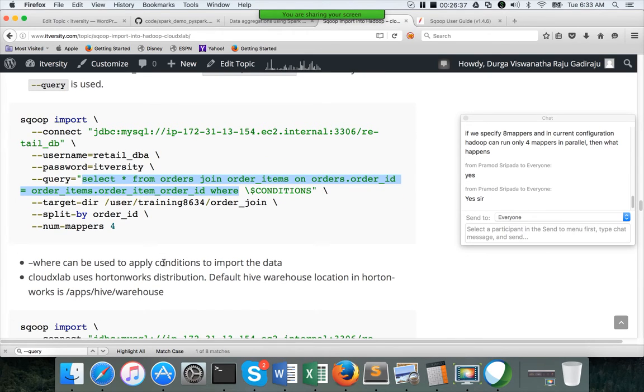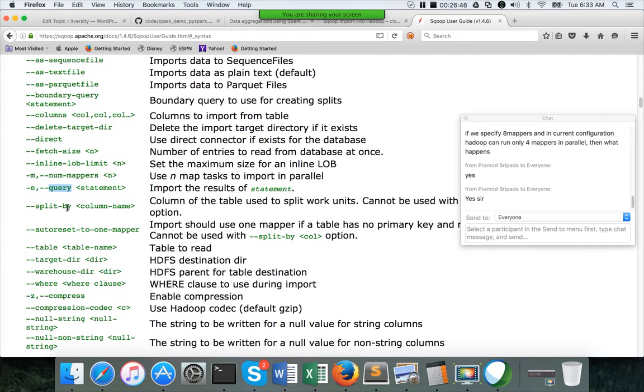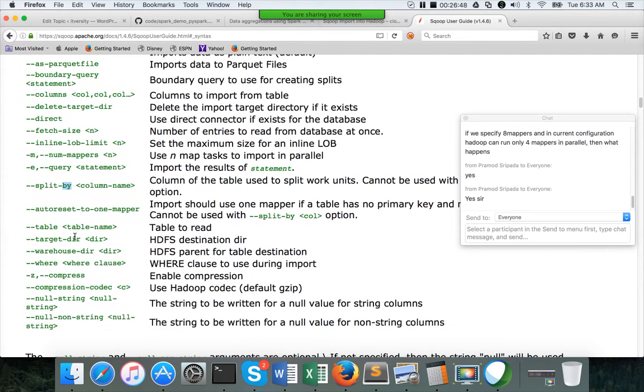And also, let us go back to the documentation again. We have covered query, we have covered split by, and auto reset to one mapper.